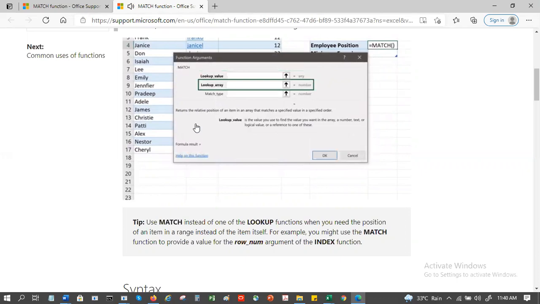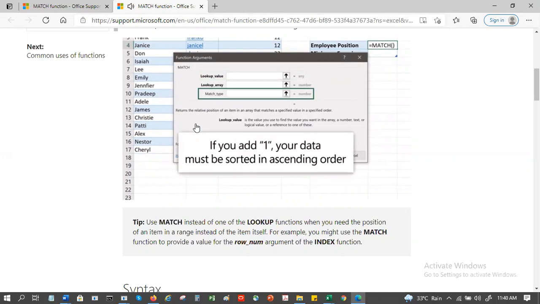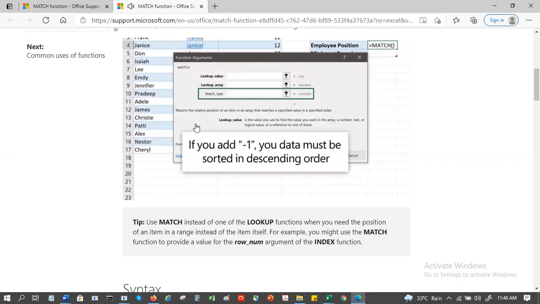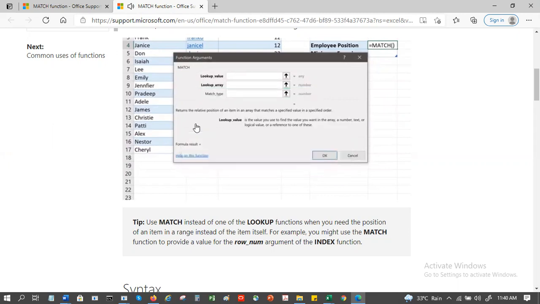Lookup array is the range of cells or values you want to search in. Match type is how Excel matches lookup value with what's specified in lookup array. This field is optional, but it can only be 3 values. 1 finds the largest value that's less than or equal to lookup value. 0 shows the first value equal to lookup value. Or -1, which finds the smallest value greater than or equal to lookup value. Add your search values and select OK.